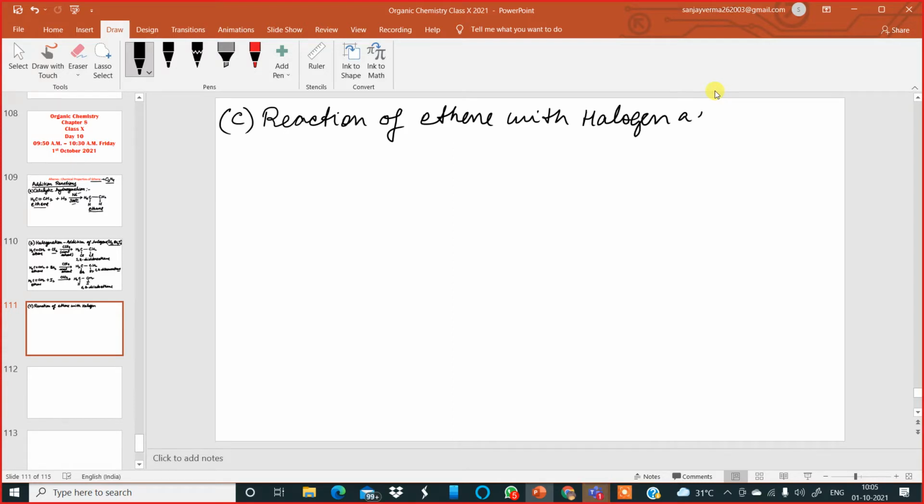Halogen acids: acids containing halogen. Examples could be hydrochloric acid or hydrobromic acid. These are good examples which can be used to react with ethene. So the equations are